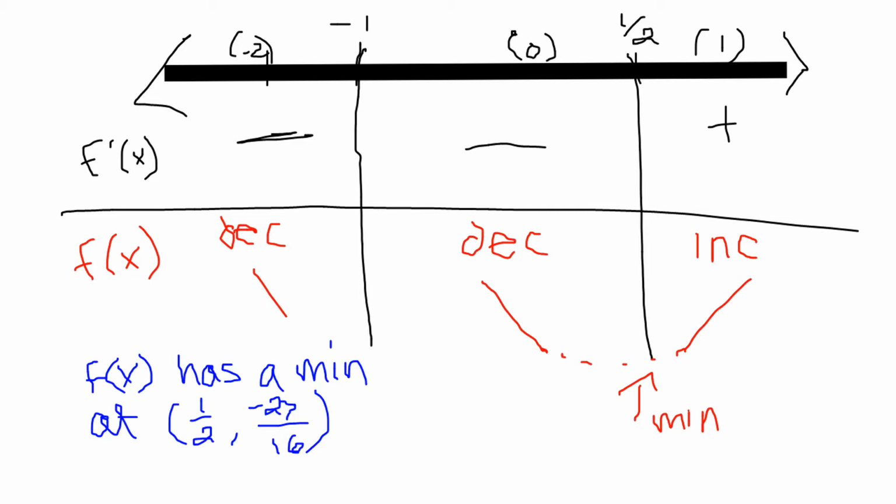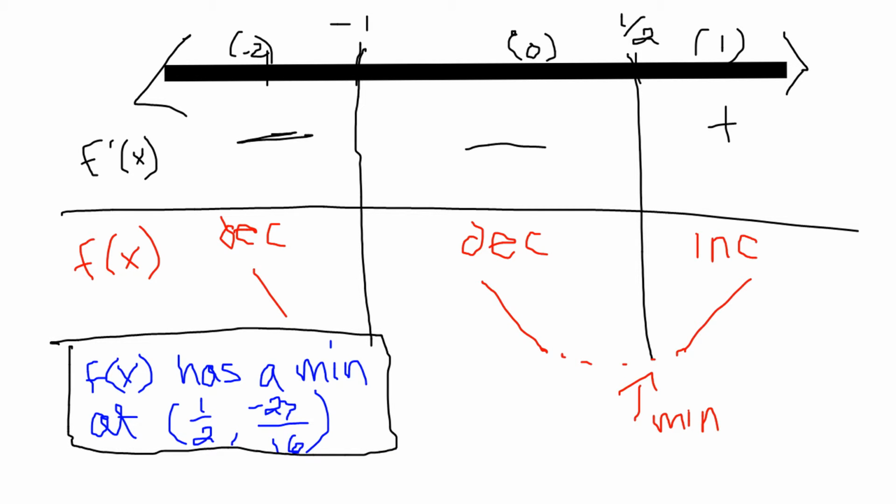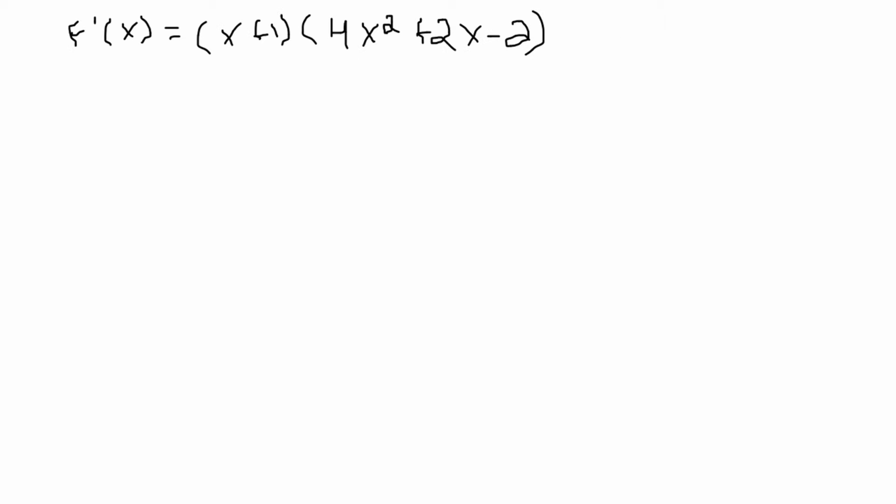Now we know from our first derivative test that f of x does not have any maximum values. So we only have a minimum at 1/2. So 4x plus 1 plus, and then we can factor out a 2 here. So 2x squared plus x minus 1. And we can continue to simplify, and because we have 2 of the same, 2 times x plus 1, we can just cancel 1 out. So 2 times x plus 1